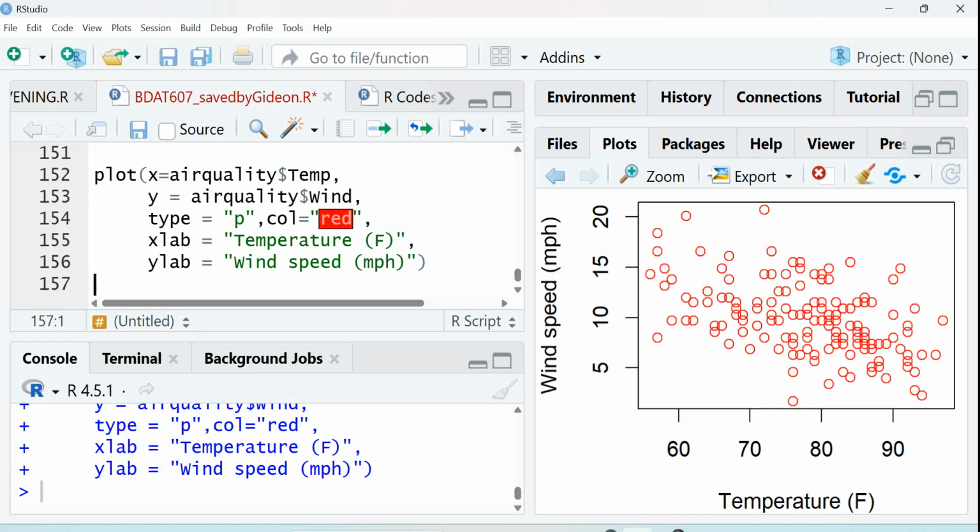Let's get a plot. We are not done. Once we get it, we want to now be able to interpret it. What can we see about the relationship between wind speed and temperature? Now, how do you